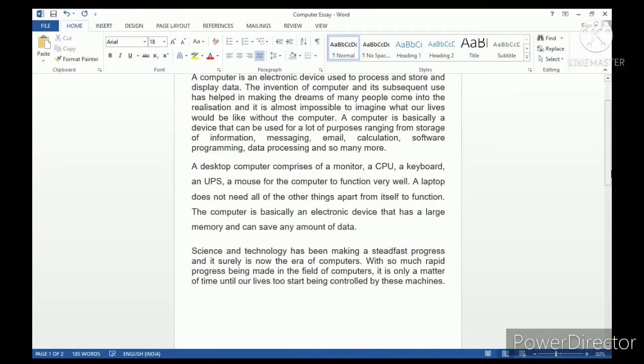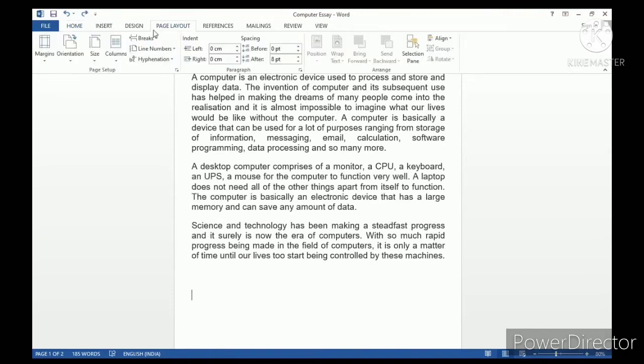Now our next heading is inserting column and column break. When you type in Word document, by default the text is displayed in a single column style or paragraph style. जब आप Word में वर्क करते हो तो by default आपके सामने कितने columns होते हैं? One single column. If you want to insert column in your document, you have to click on the page layout